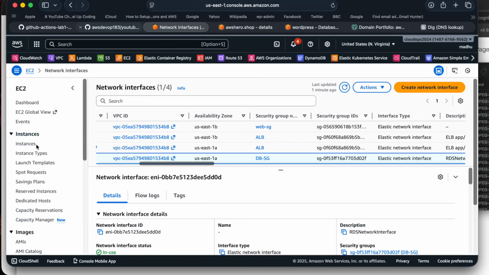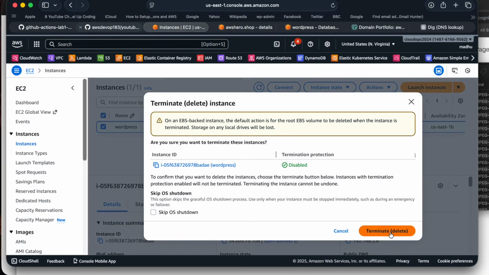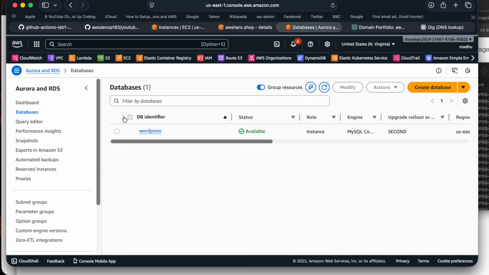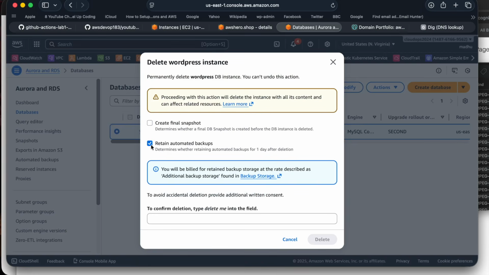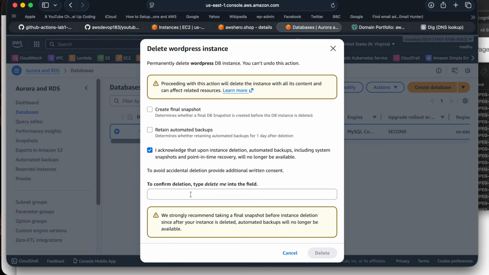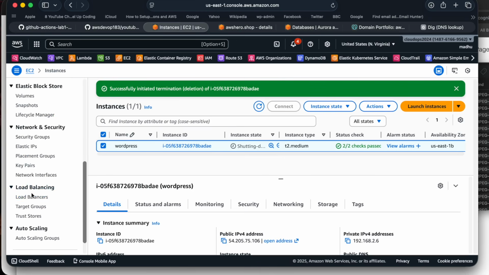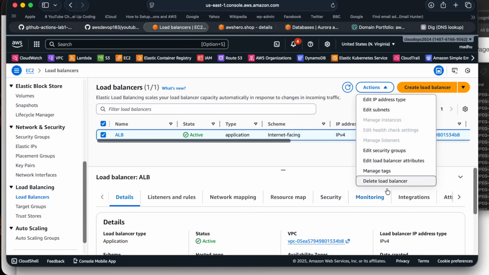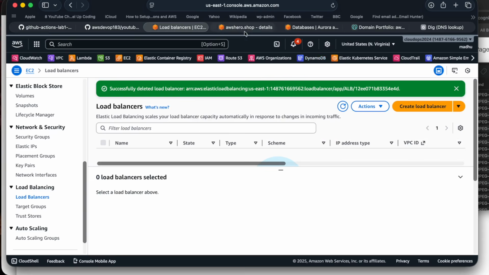So let's go to instances, and go to RDS, destroy this, just delete it. Don't make any snapshots, otherwise you will be charged. Just type delete me, and then go to load balancer, delete this one, and then go to